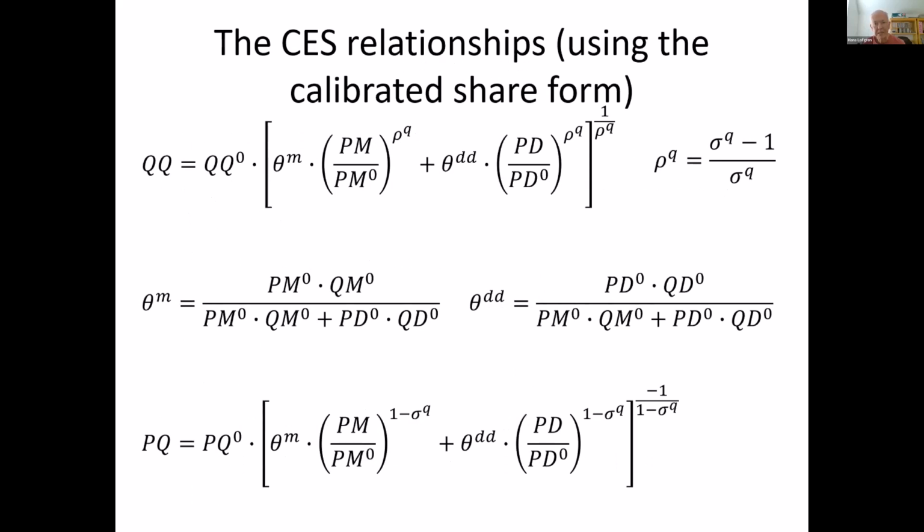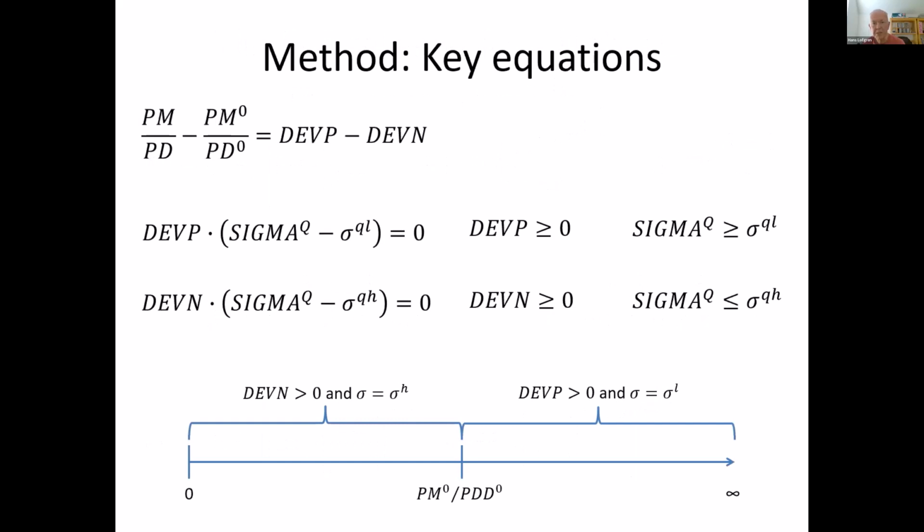This slide shows the CES function in the calibrated share form. The first equation is the composite supply, and the novelty there is that you have the two share parameters, one for imports and one for domestic demand, and you see the definitions below. And then we have the cost function that defines the price paid by the domestic demanders. So those are the key or the standard equations for the calibrated share form. Now the key equations in the model that we are using are presented on the next two slides.